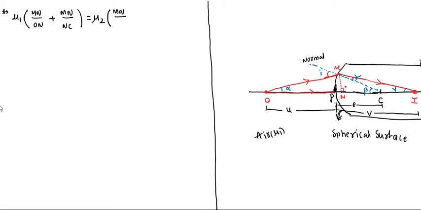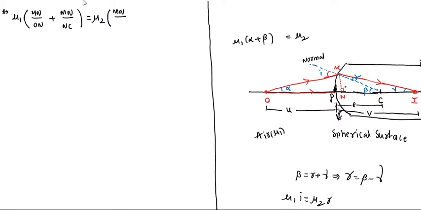We know that in the figure, angle beta is equal to r plus gamma, we wrote. Then from that r is equal to beta minus gamma. And here, tan beta minus tan gamma, we will get for nu 2 r. We have the formula nu 1 i equal to nu 2 r. That nu 1 i is alpha plus beta, and nu 2 r is beta minus gamma, and tan beta minus tan gamma here. Next, nu 1 into tan alpha plus tan beta is equal to nu 2 into tan beta minus tan gamma. This is the derivation.